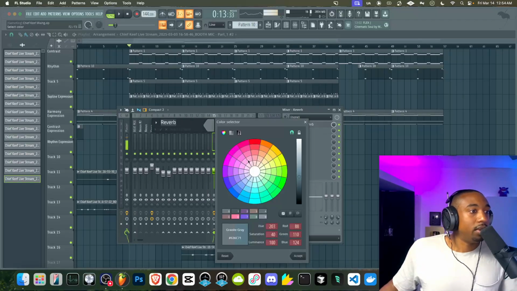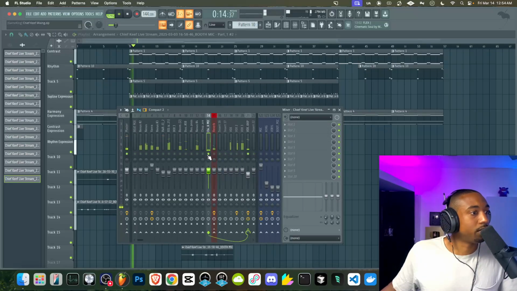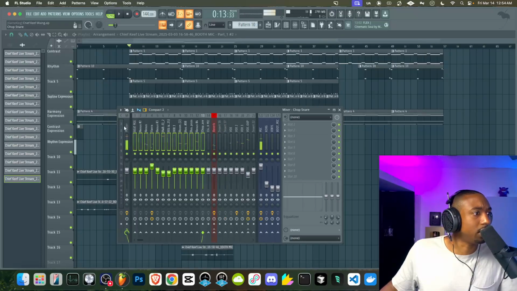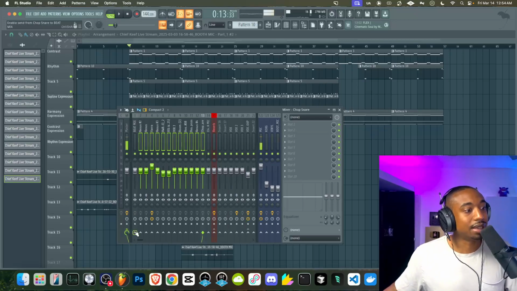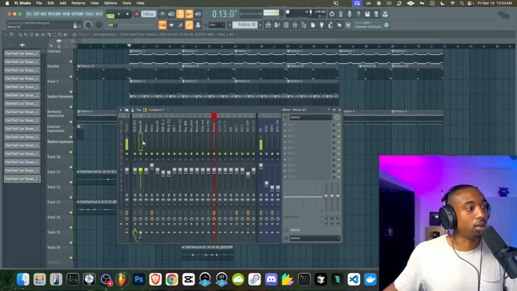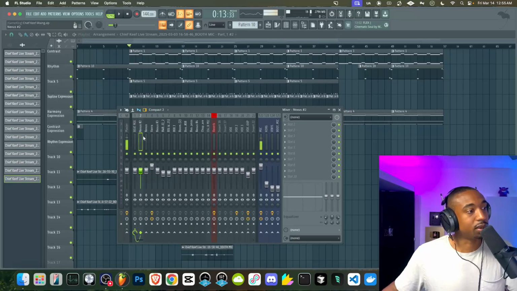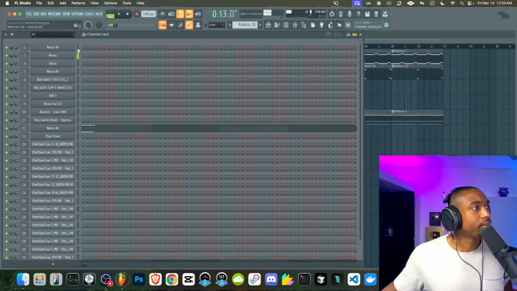All right, so now we have this reverb. What is this track here? All right, there's probably some track I didn't grab. Okay, so what is this here? Chop snare. So everything to the left here, we're going to hit Control, left click and highlight, right click and route to this track only. So now all these instruments are going to what's called the beat mix. But in order to restore the reverb, we have to reroute it to the reverb. So the instruments that I used on the reverb were 2, I believe.